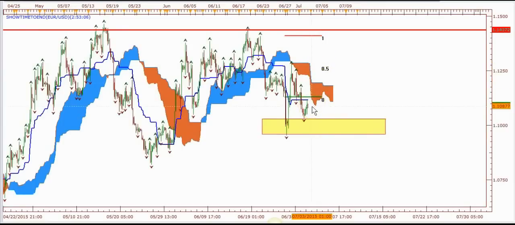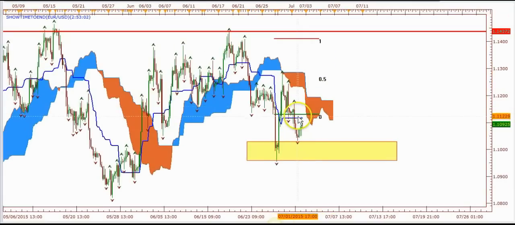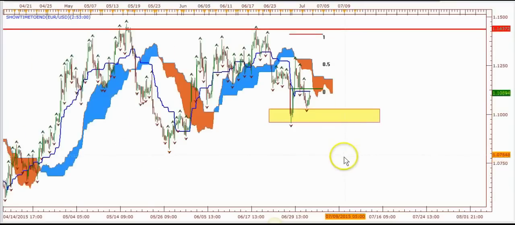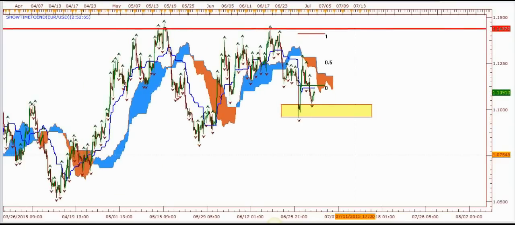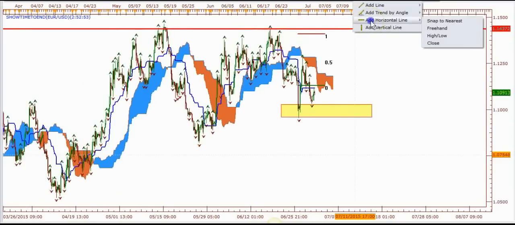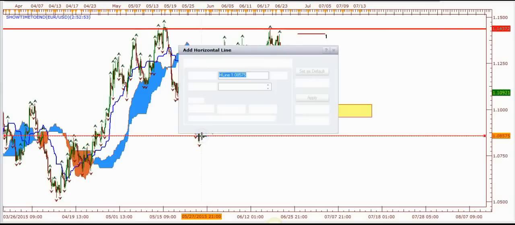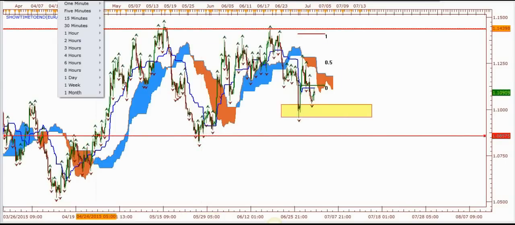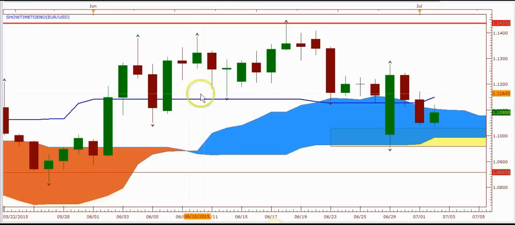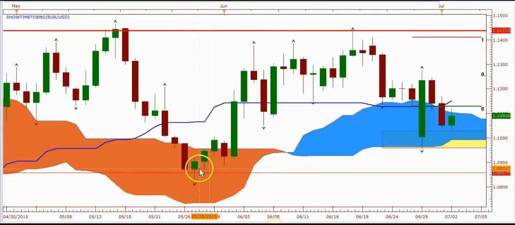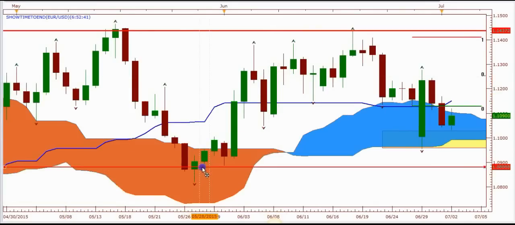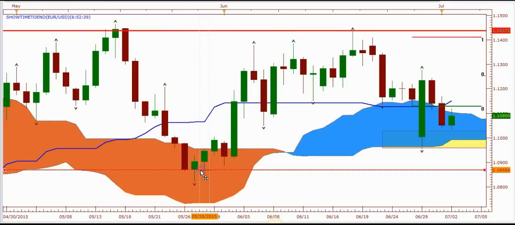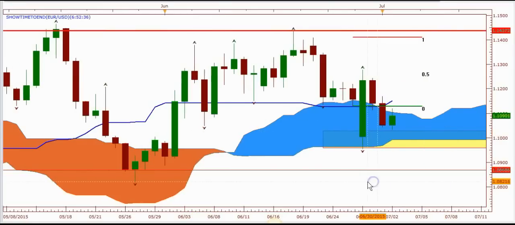But if we can't get past this Kijun-sen, then we're going to look for more downside, and then a violation of this area here will take us pretty much down to the level here. We'll start looking at where we want to look at the market falling overall. And I like to put this on the daily time frame to look at that, so 4 hours I don't look at. So we'll go to the daily, and then overall if we do violate, and you can see we're pretty close there, so we might call this level the next level where the market may drop down to,